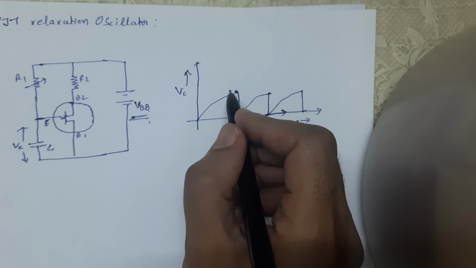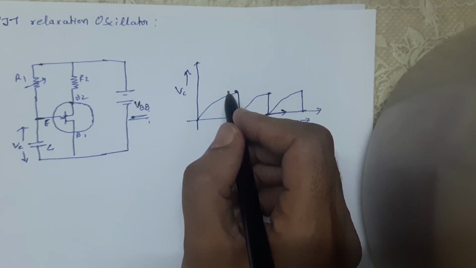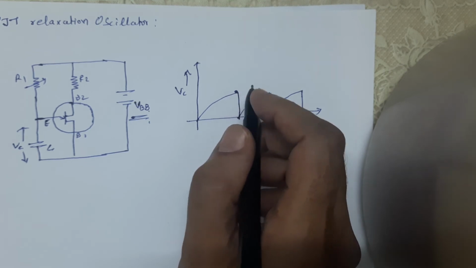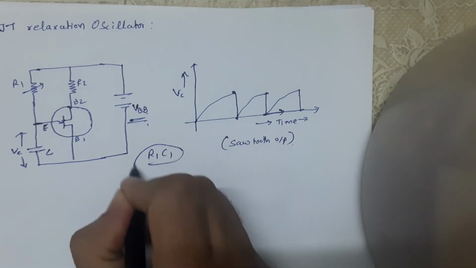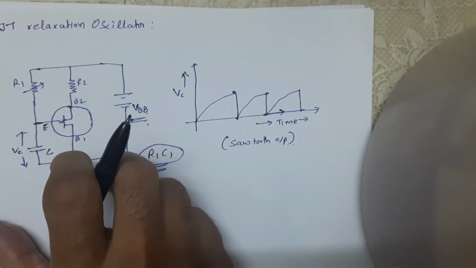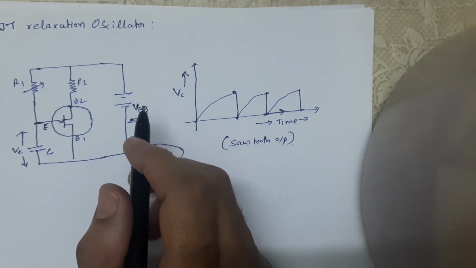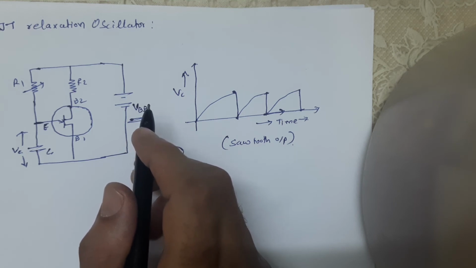As the capacitor voltage flies back to zero, the emitter ceases to conduct and the UJT is switched off. The next cycle then begins, allowing the capacitor C to charge again. The frequency of the output sawtooth wave can be varied by changing the value of R1, since this controls the time constant R1 C1 of the capacitor charging circuit. The time period and hence the frequency of the sawtooth wave can be calculated as follows.